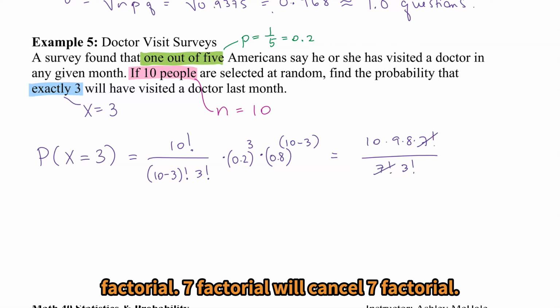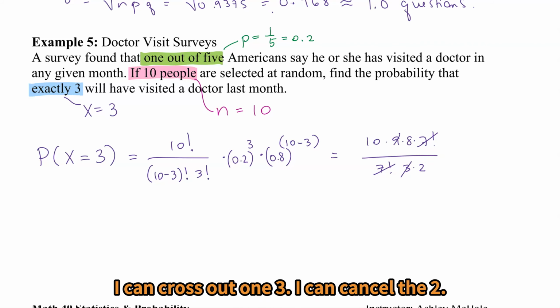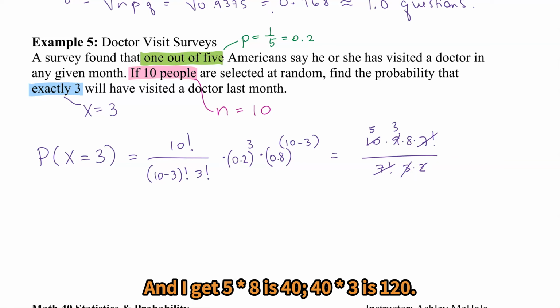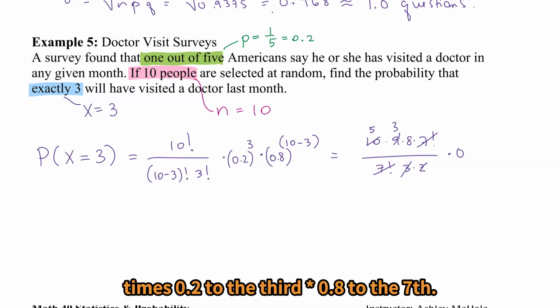7 factorial will cancel with 7 factorial. 3 factorial is really 3 times 2 times 1. I can cross out 1, 3, I can cancel the 2, and I get 5 times 8 is 40. 40 times 3 is 120, so that whole combination should be 120 times 0.2 to the third times 0.8 to